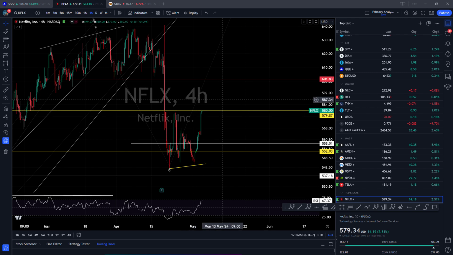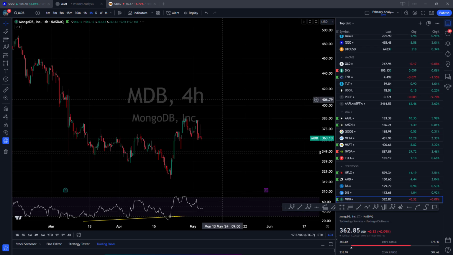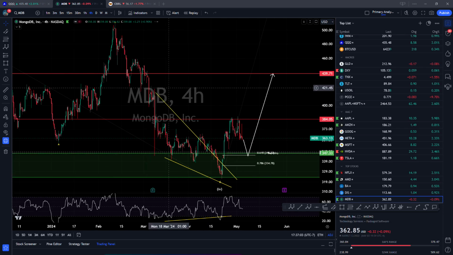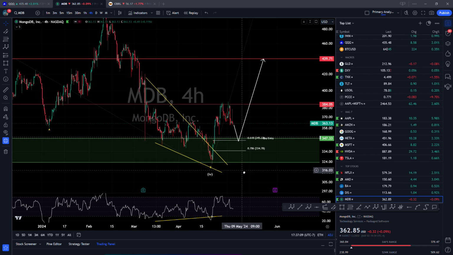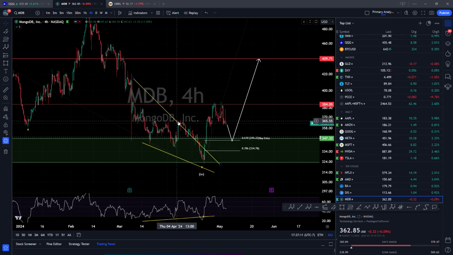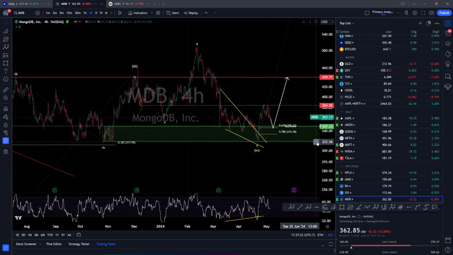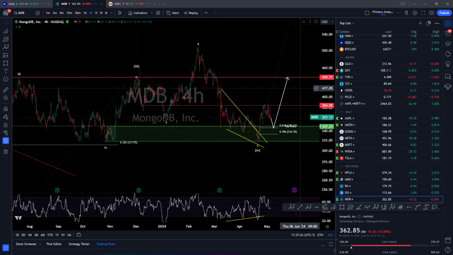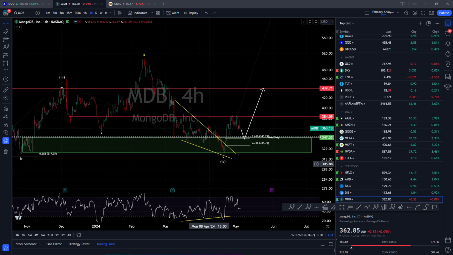But another good stock that I like for dip buying is MDB, right? So we had this big breakout. If you were not able to capture it from 324 area, when I started alerting that this is looking really, really nice into 384, then it's giving us the wave 2 dip back here, right? So wave 2 dip back around 347. I think a good buy to go long again, and the next rally is going to be really nice on this.